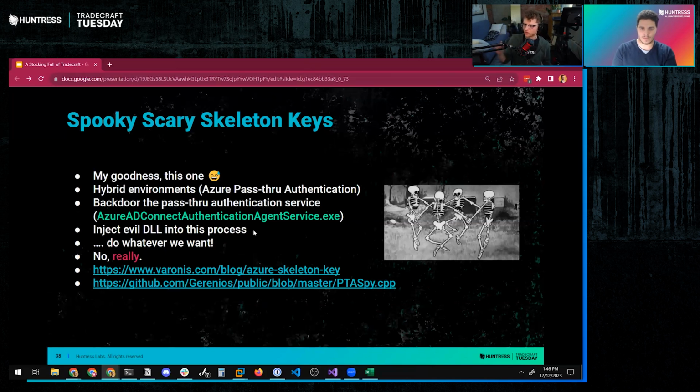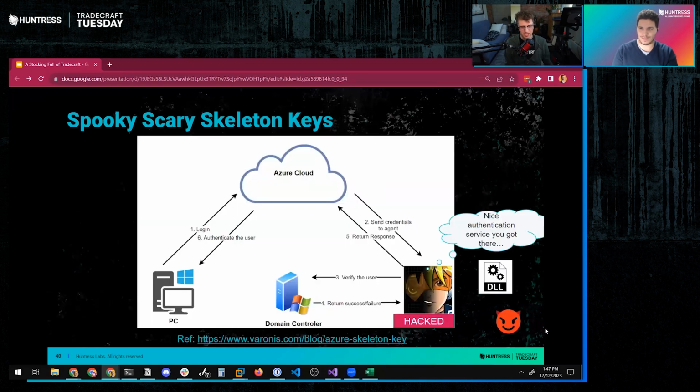And so if you, as the attacker, have compromised and developed your accesses to the point where you are now looking down the barrel of this Azure AD Connect Authentication Agent Service.exe, and you have the privileges necessary to manipulate that process, you can inject a DLL into that process. And just like the Active Directory skeleton key, you can basically make this thing do whatever you want it to do. In our visualization here, let's say our Cobalt Strike guy has landed next to this authentication service process and will inject their DLL right into it.